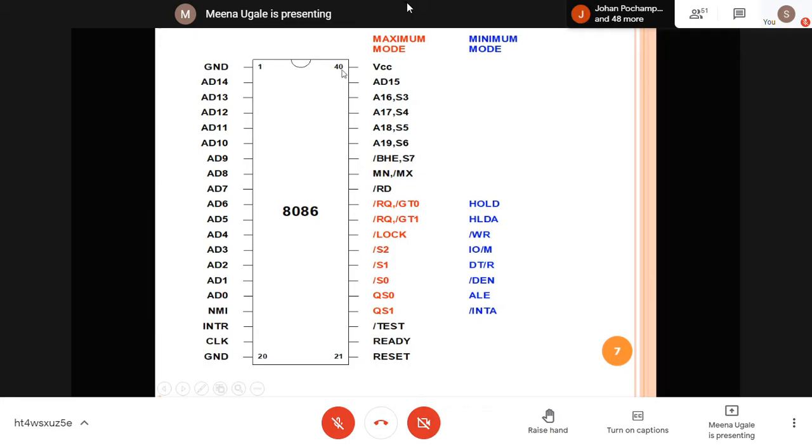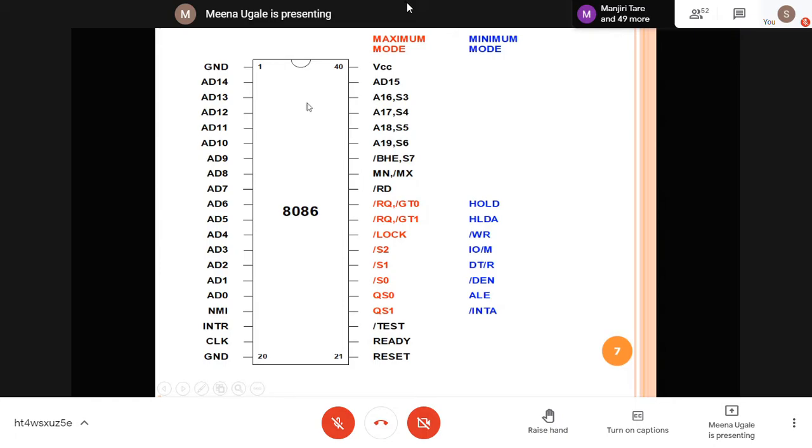Numbers 1 to 40 are given here. Then some things are written here in red color, and a few pins are written with blue color. And here it is written, maximum mode and minimum mode. So what is the meaning of that? We will see now.